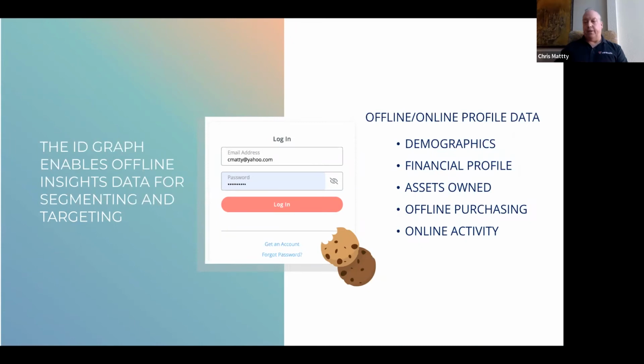Things like demographics, your age, gender, income level, things like assets owned, what type of cars do you drive, right? So when you go to Jiffy Lube and you get your oil change and they know what car you've driven, now there's data associated with your name of what car you drive. And now people can start creating segments of people who drive certain cars. And now advertisers, Ford and GM and all the different folks can say, I want to target people with certain offline characteristics. And that is all done by taking the identity data and mapping it to offline data characteristics. And ultimately, this has just caused the internet advertising industry to explode, because now you can effectively reach people that have the characteristics you want.